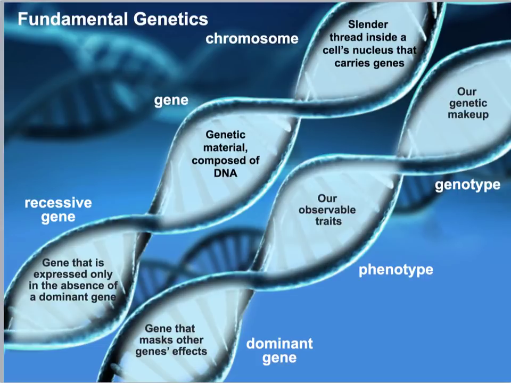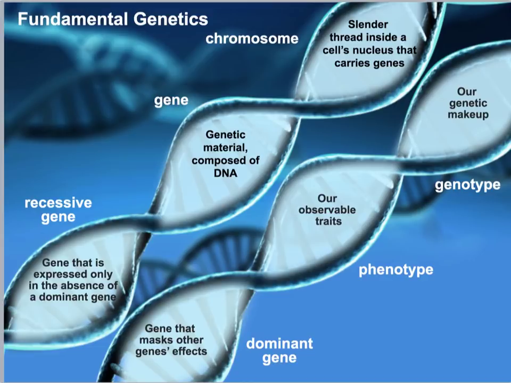Looking at these terms in here, you can see that each specific term has a brief description at the bottom. We'll start off with looking at genes, which is basically genetic material composed of DNA. These are arranged on chromosomes, and we know that this is inherited from our parents. Each gene carries a code to manufacture a specific protein, and these proteins in turn influence our observable physical and